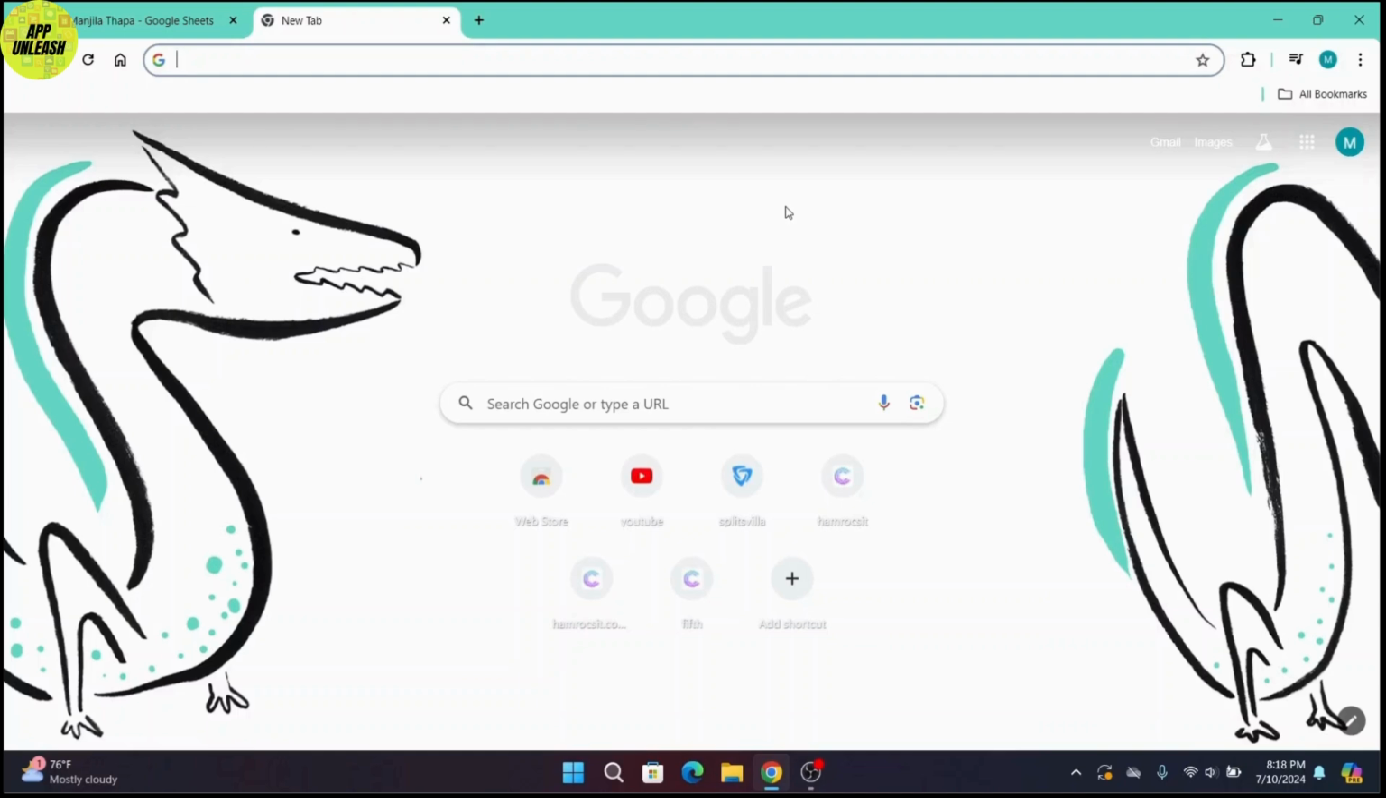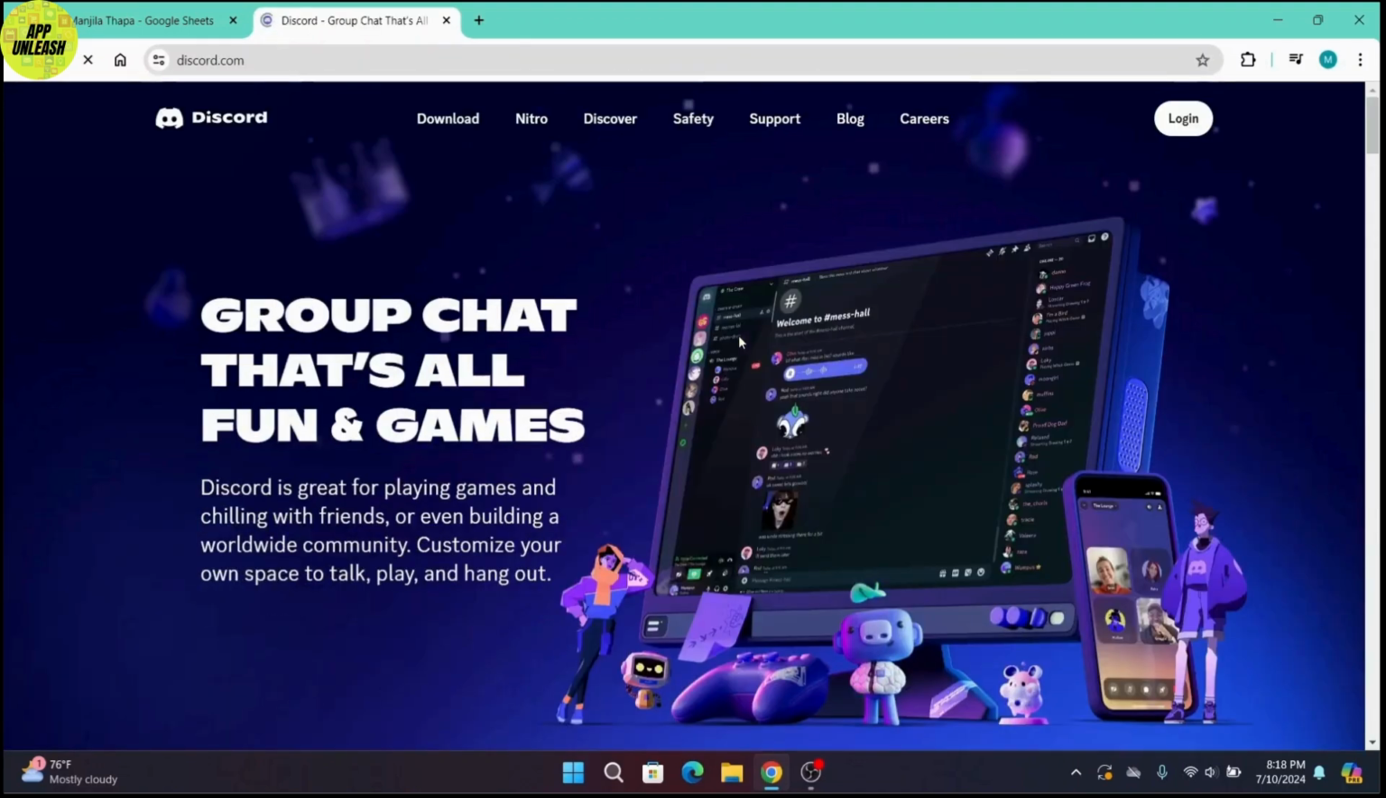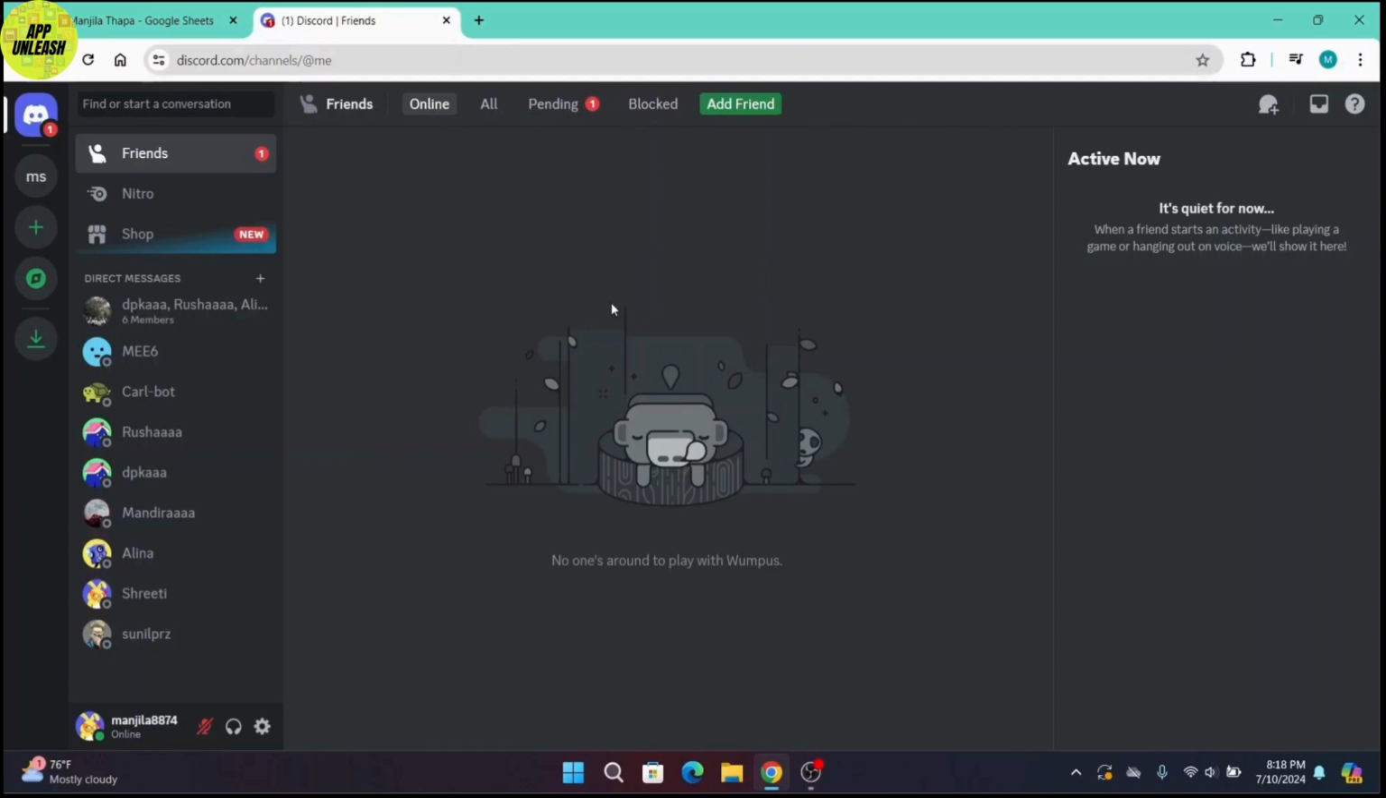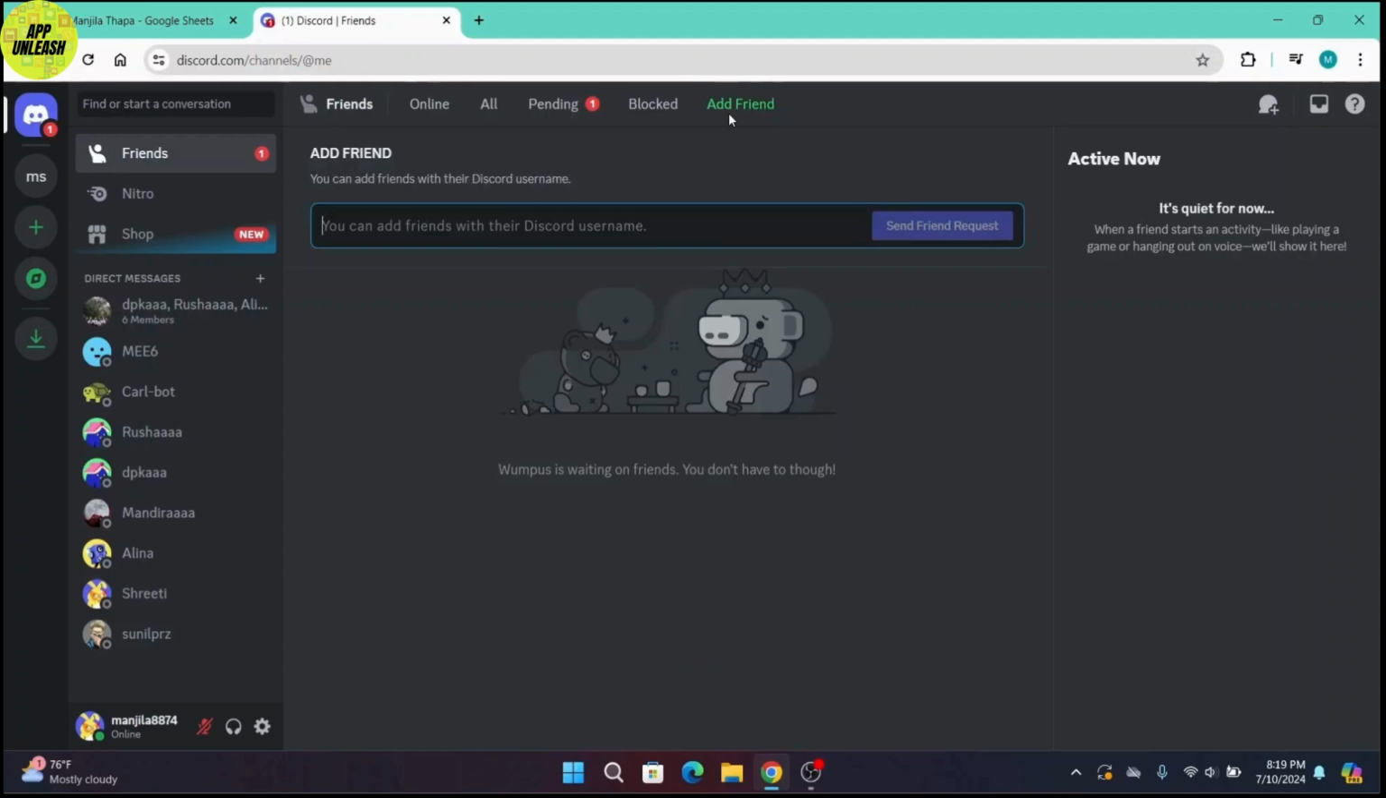First of all, open up the Discord in your device. Once you open Discord, make sure that you're logged into your account. Now, to add friends, simply click on this Add Friend from the menu bar at the top of this interface. There you can simply type in the Discord username of your friend. Make sure that you enter your correct username and simply click on Send Friend Request to send friend request to